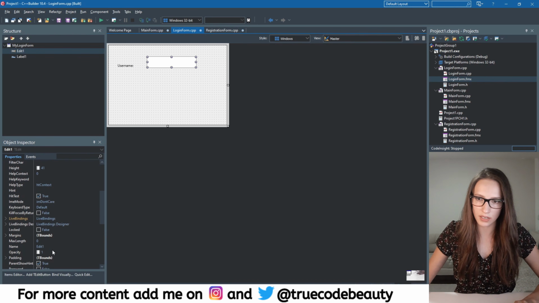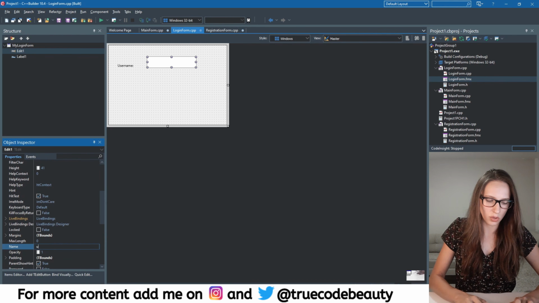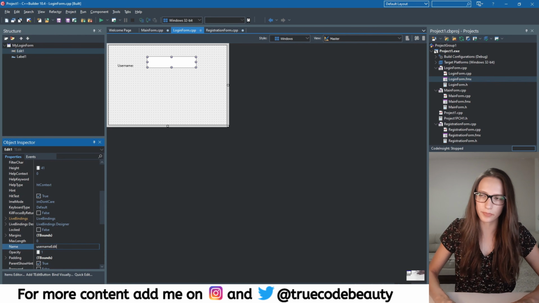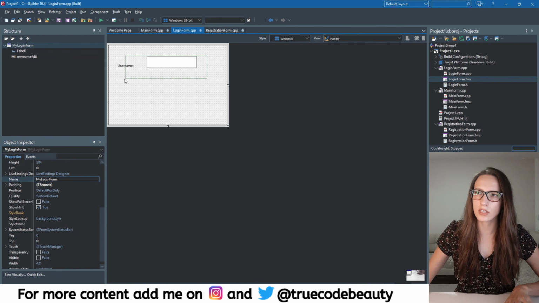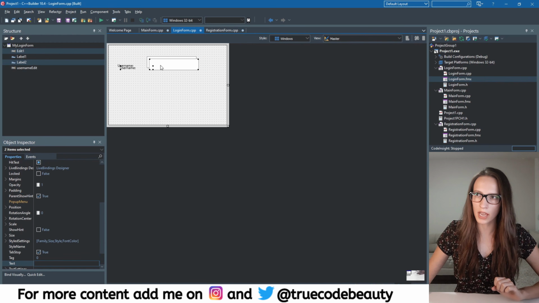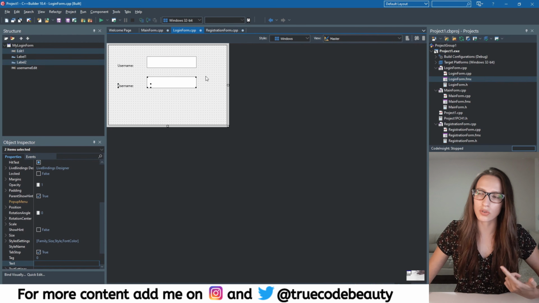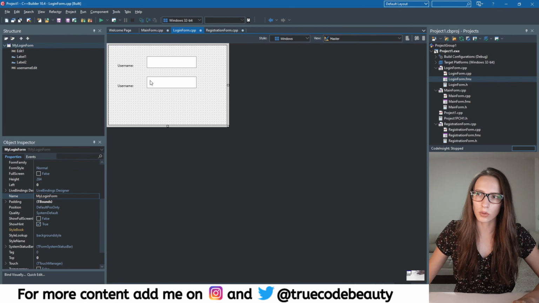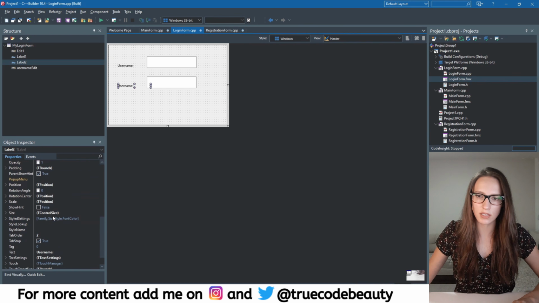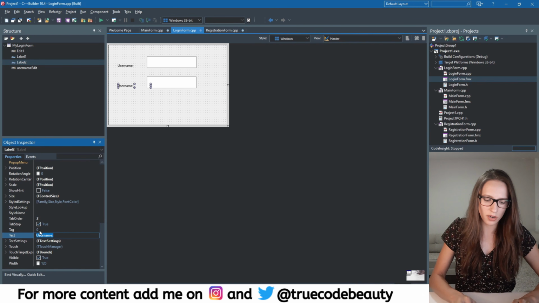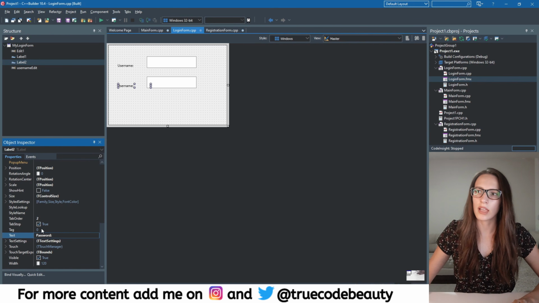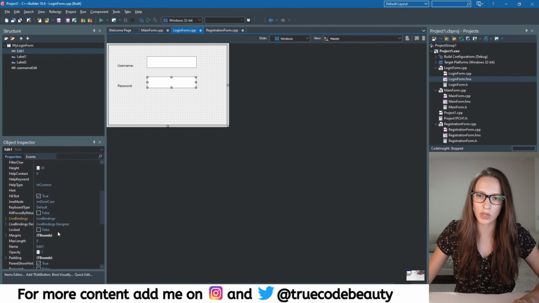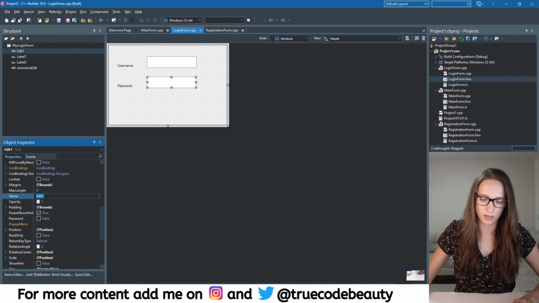So let's find name property. It is here. So username edit. Okay, and then let's copy this one more time. So you use Control-C and then Control-V. You just select all the controls that you want to copy, like this. So let's change this label's text so that it says password. And then the name of this edit is going to be password edit,